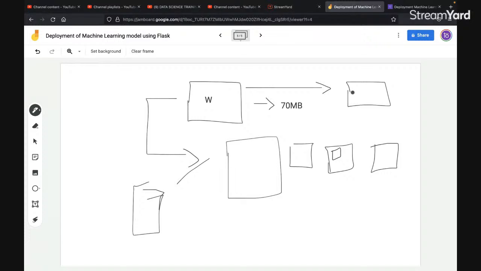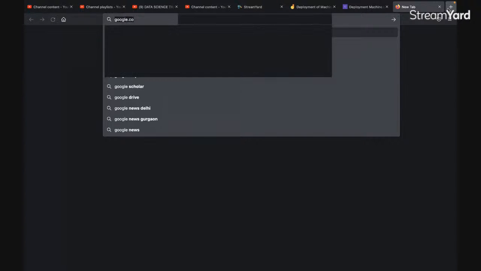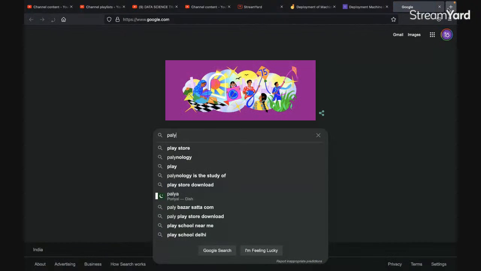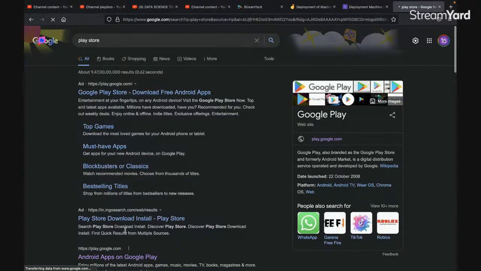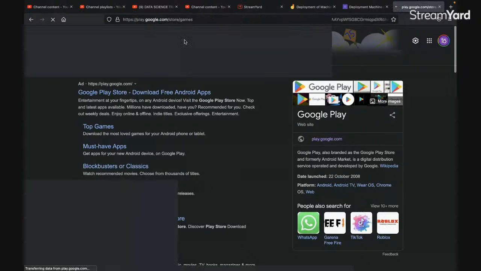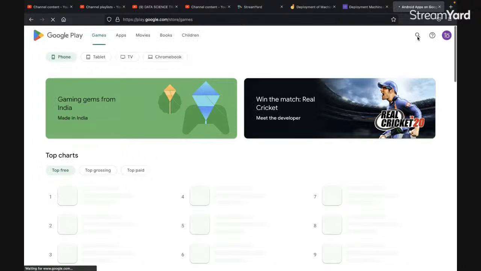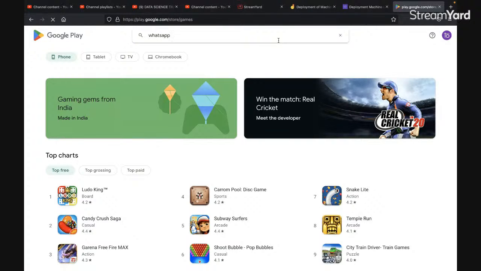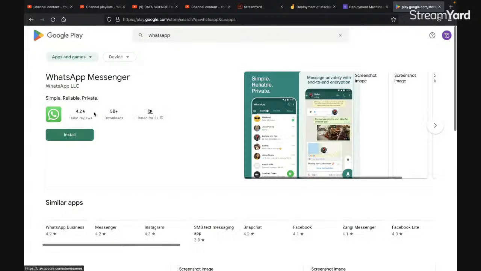and a more interactive application. For example, let's go to the Play Store. This is our Play Store, and let's search for WhatsApp. Okay, now see, this is our WhatsApp, right?